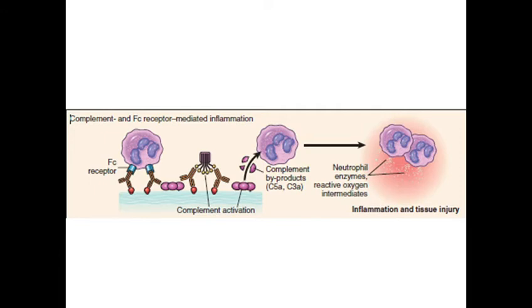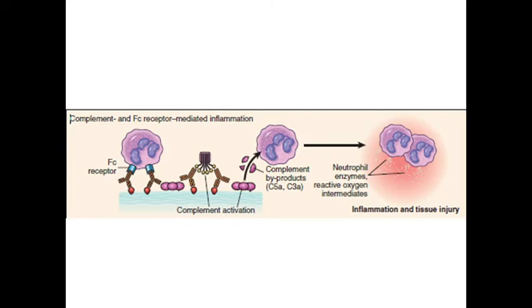So there are two mechanisms. One is that this antigen antibody complex activating classical complement pathway leading to the formation of membrane attack complex and lysis of the cell. Another mechanism is that this FC portion can be recognized by cells having receptors for FC portion of immunoglobulin, such as natural killer cells and macrophages. These are the two mechanisms by which inflammation and tissue damage is initiated.